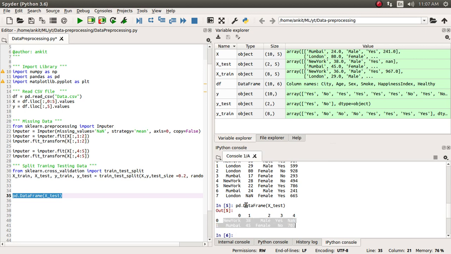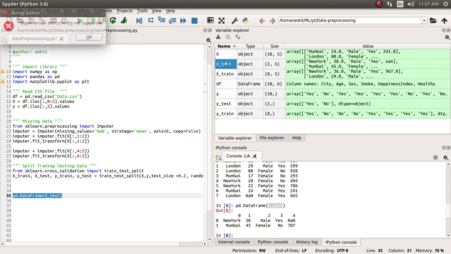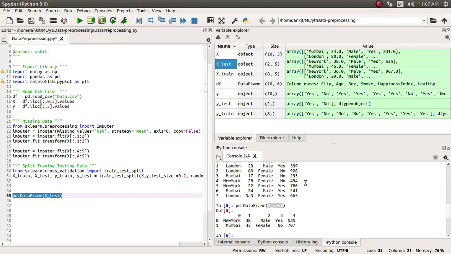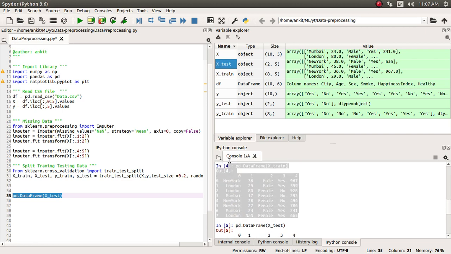This is just for visualization purposes. I have converted this data into a pandas data frame object, and it has given a very fine visualization, because I am unable to see it here as object arrays are not currently supported in this version. And 8 records it has kept in the X_train data set.